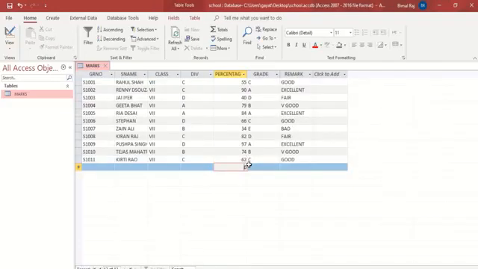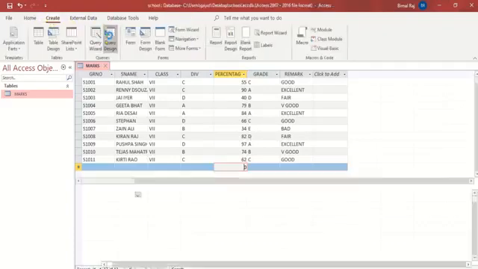Now if I want to have one more query where I want to display all the students who have got grade as A and also the other condition where the remark is fair. So two conditions on two different fields in the same query. I click on Create, Query Design.